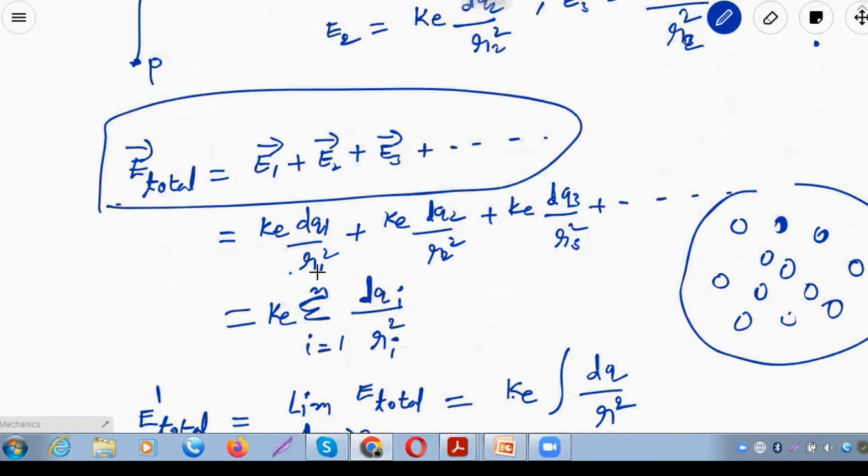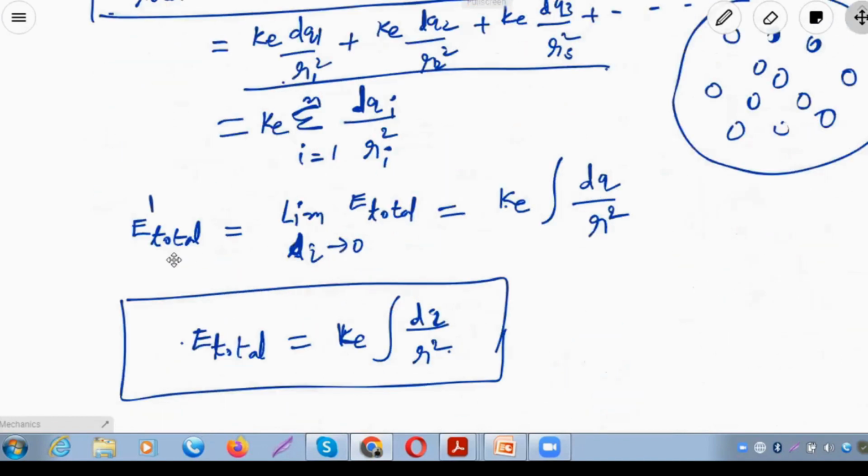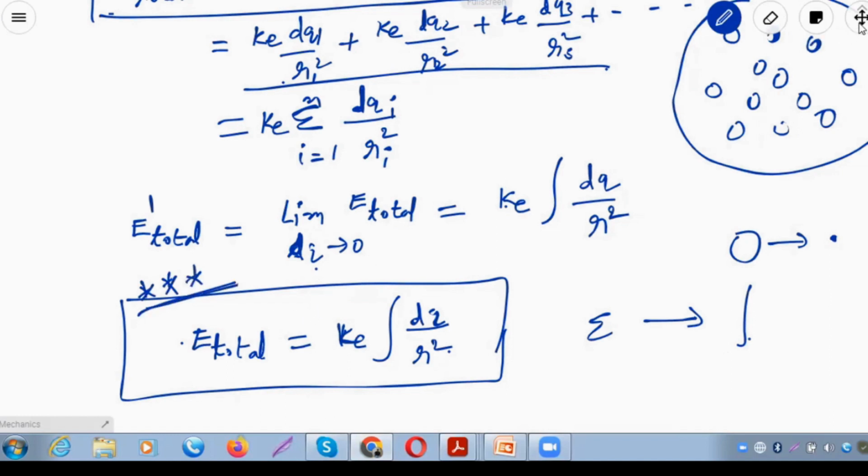This total electric field can be written like this, and rather than adding all the terms, you can use the summation with suitable symbols, dqi by ri squared. Then the total electric field when dq tends to 0, that means it becomes a point charge, the size of dq tending to be very, very small, then this summation can be replaced with the integration, so that I can write it as the integral of dq by r square. This is the very, very important formula for finding the electric fields due to different charge configurations. So what we did,